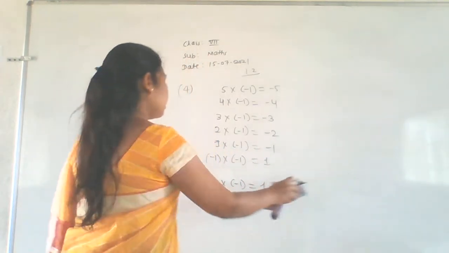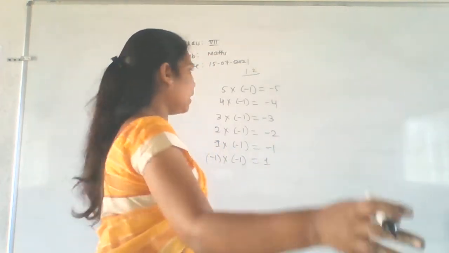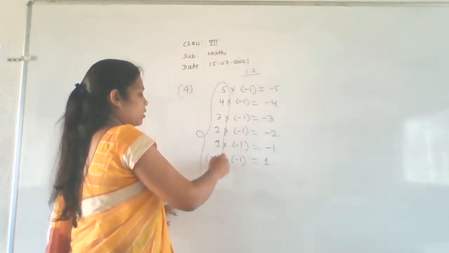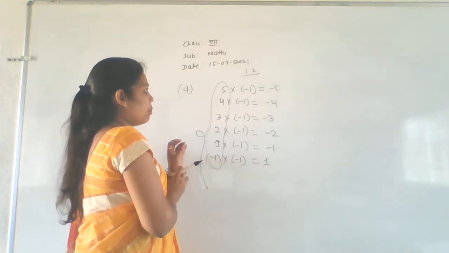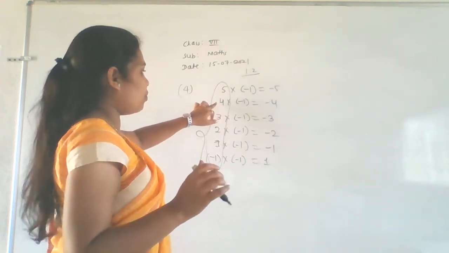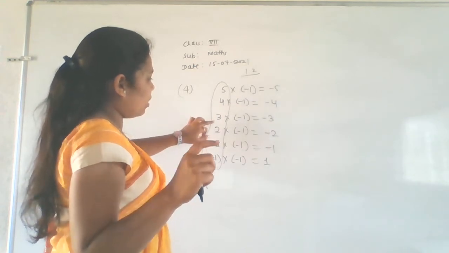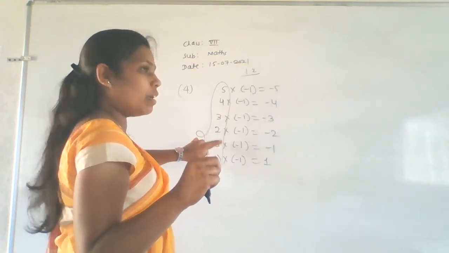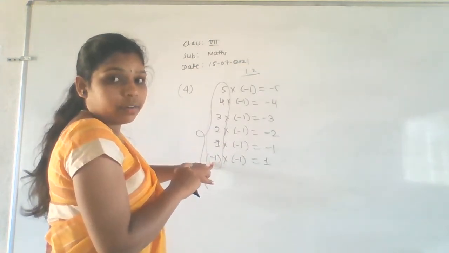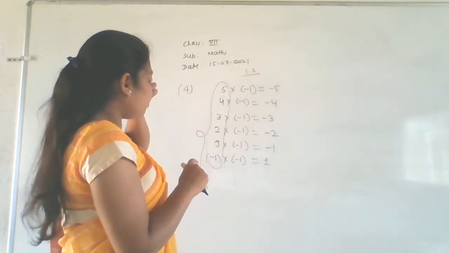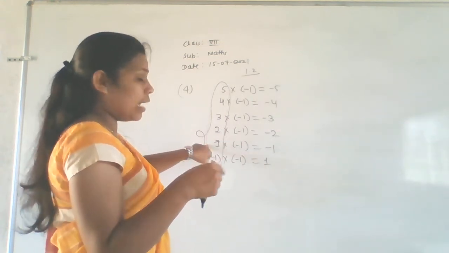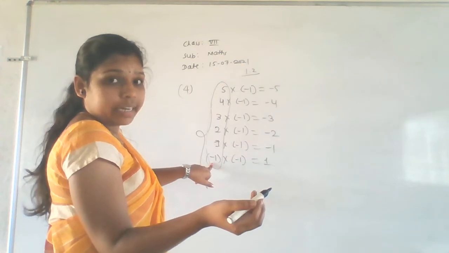Right? We got the pattern here. See what I did here, I just decreased these numbers. Okay? So I just keep decreasing this number, subtracting 1 each time. That is 5 minus 1 is 4, 4 minus 1 is 3, 3 minus 1 is 2, 2 minus 1 is 1. Okay, so that is what I did here. Here, 1 minus 1 is actually 0, and after that you have to write minus 1 again.